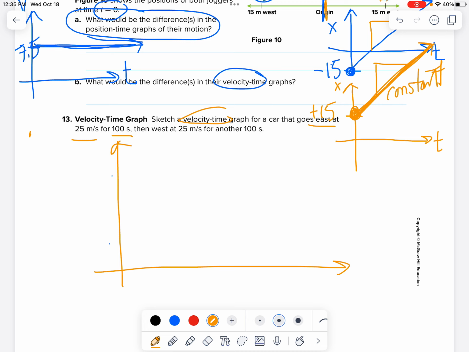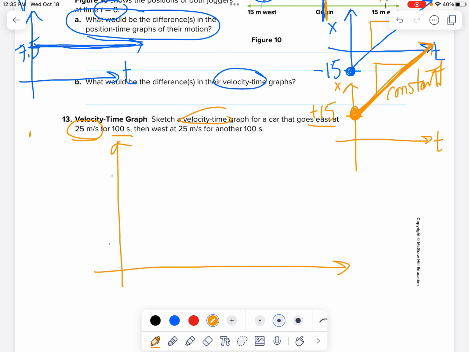And then it's going to go west at 25 meters per second for 100 seconds. Okay? So direction matters here. Again, if you want to pause the video right here and try to graph this on your own and then come back. Okay? But notice that they give us the velocity that he's starting at, and he's going east,